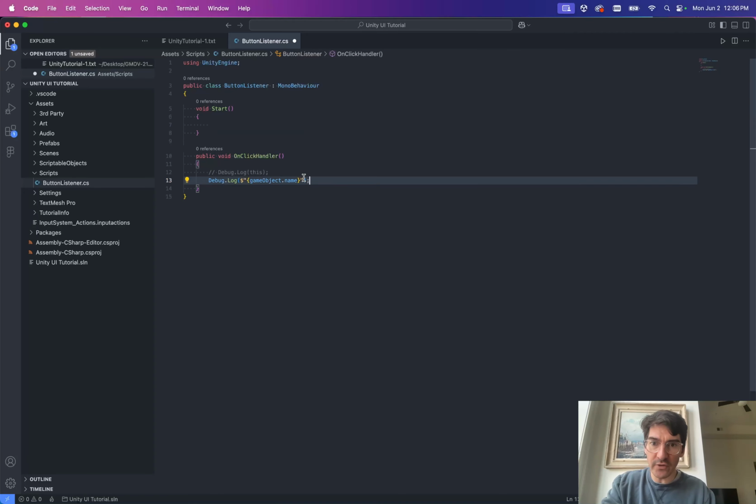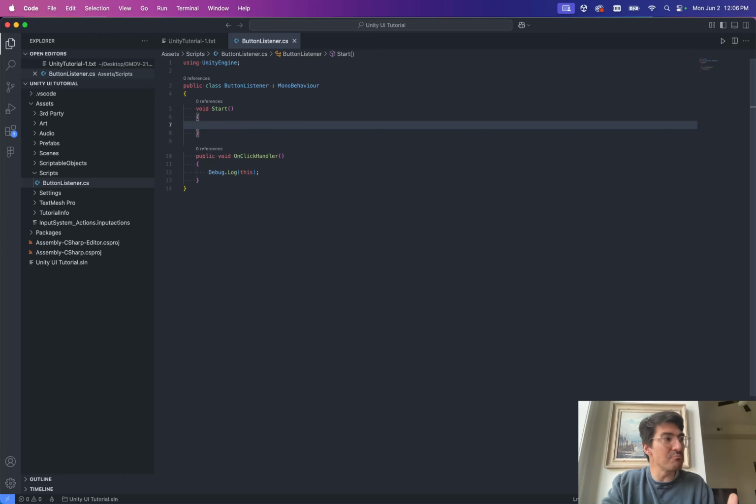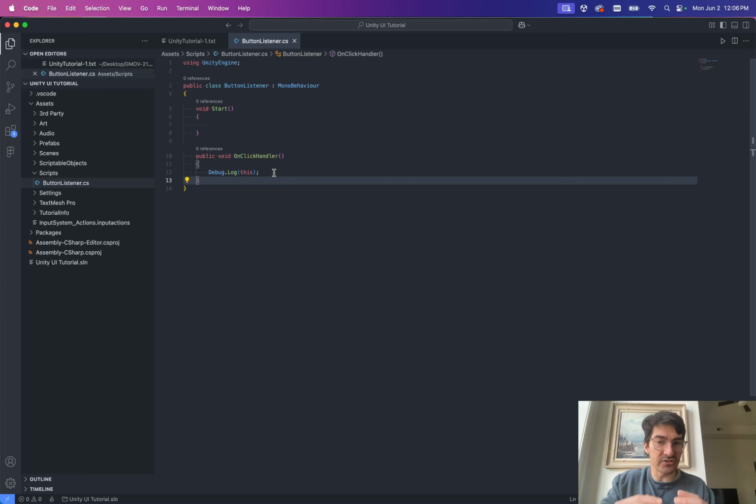And so what I'll do is just replace this on click, right? So we can leave the start there. It's empty, it doesn't matter. It's not going to do anything. Right now it's an empty function. It will get run, but nothing will happen. More importantly, we have our onClick handler, which when we run this method, we're going to log to the console this, which again is, in this case, scoped to this component